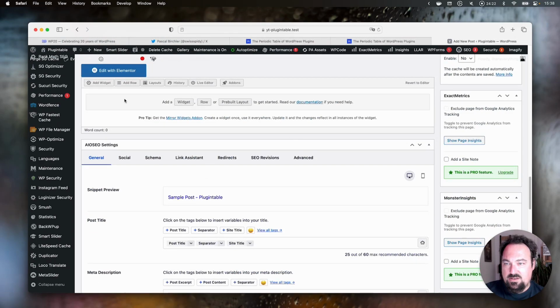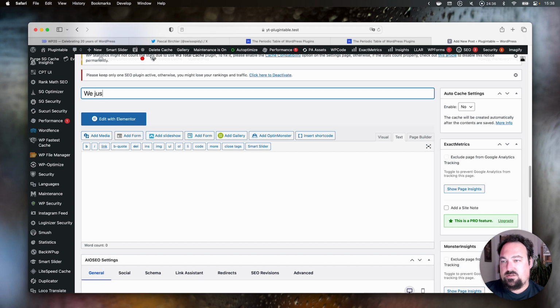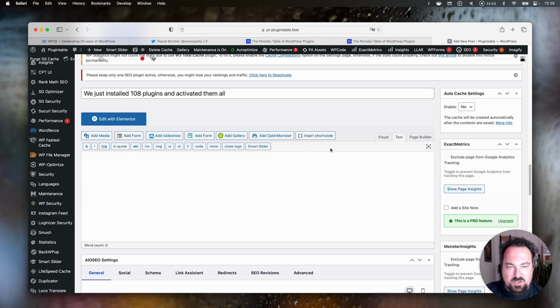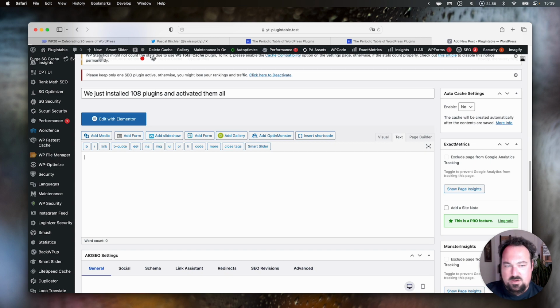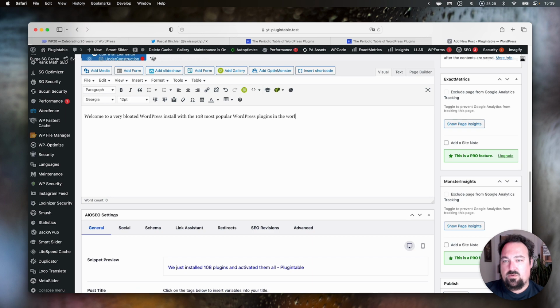I'm scrolling down again. What type of page builder is that? I have no idea. So revert to editor. We just installed 108 plugins and activated them all. It's been a while since I've been using the old editor. Something seems to be off. I'm just thinking. Oh, it's the code editor actually. Visual. I'm stupid. Welcome to a very bloated WordPress install with the 108 most popular WordPress plugins in the world,